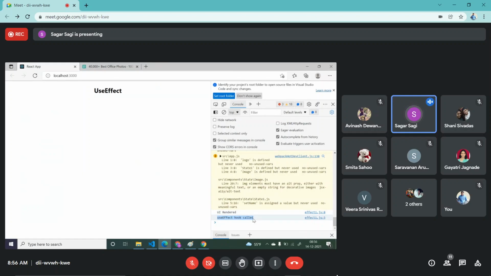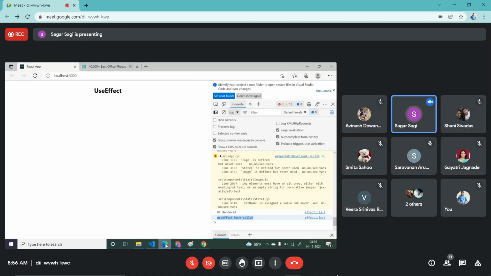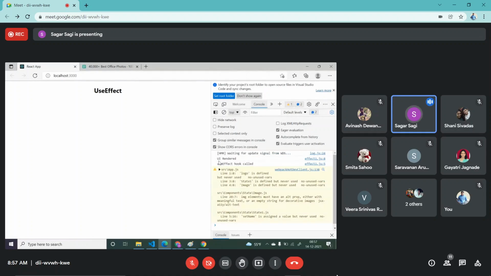So we know, right? Component did mount will be called once your render method is called, nothing but once your UI is rendered here. So in the same way, first this entire UI will be loaded in your DOM, then only useEffect will be called. Now here I'm not doing anything, but directly it is calling. If I just clear it and refresh it, first UI is rendered, then useEffect hook is called, like this.